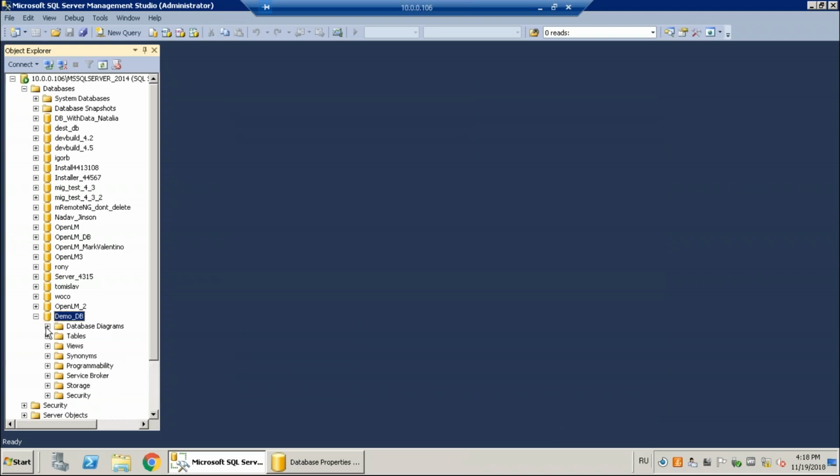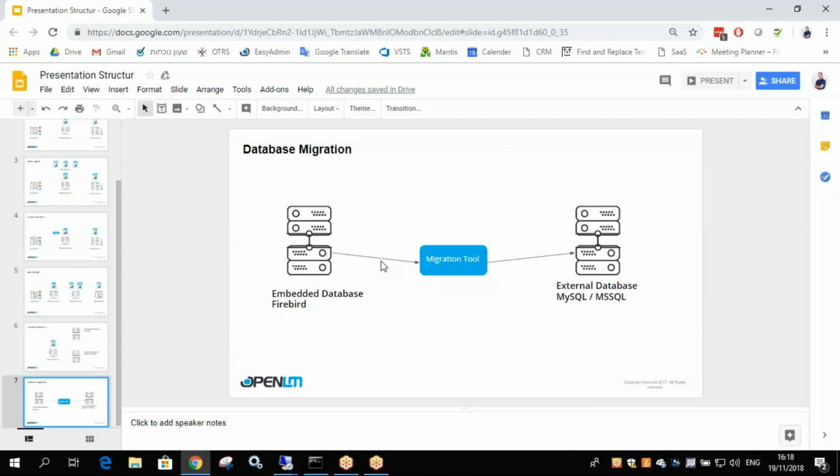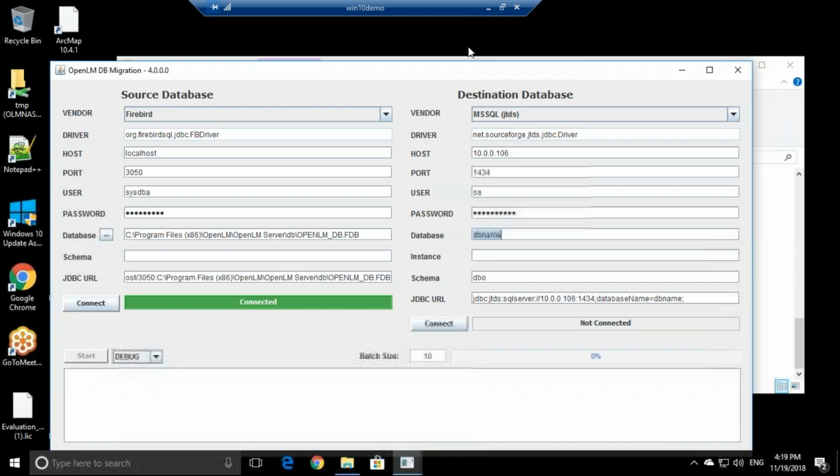But if you open up the database and check out its tables, well, no tables. We just created that database. It doesn't have any tables yet. Now, the migration tool doesn't create the tables. The OpenLM server creates the tables. So let me show you how. Now we need to create the tables inside here. So let's go back to the OpenLM server